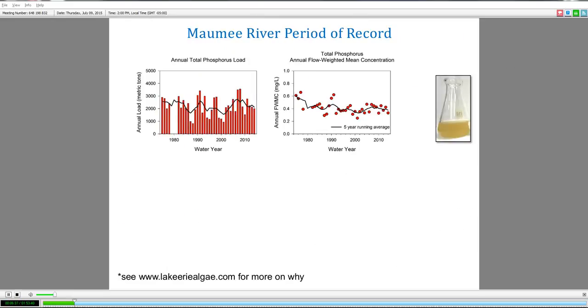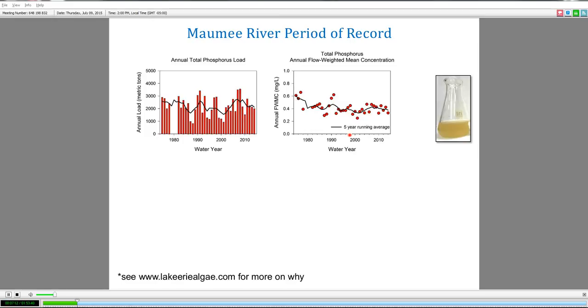So what have we been finding from the Maumee River over our period of record, since we've been collecting data for so very long? Well, this is showing total phosphorus loads and then concentration. The total phosphorus, remember, is the phosphorus that's attached to sediments as well as that which is just dissolved in the water. So I have it denoted here and throughout the talk as a muddy flask of water. The total phosphorus load over time decreased a little bit and had a little jump up here in the 2000s. Since then, we've had a slight decrease because of these high points here in 2008